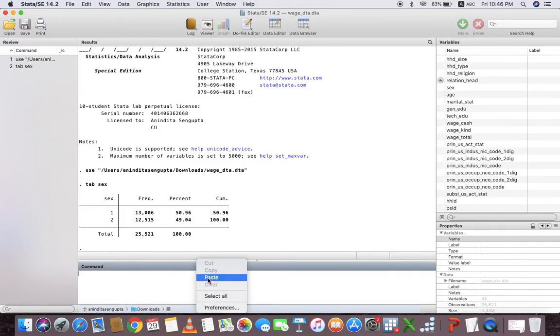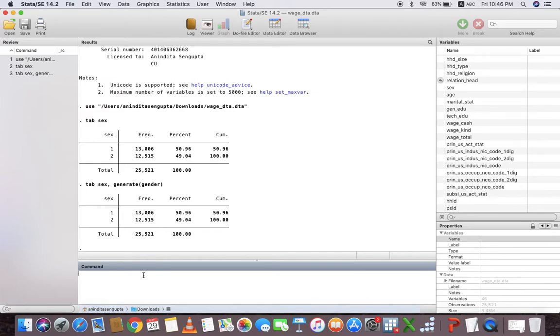You can use the smaller version of the command, that is, tab sex, generate gender. So, this will create, oh, I forgot to create the log file. You should start with the creation of a log file in the beginning.